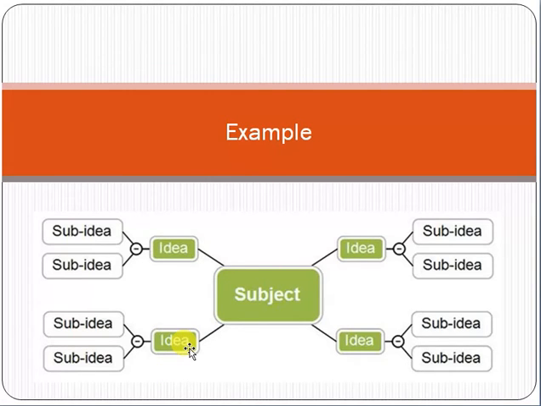So friend, this is how it works: first of all you have to identify the main idea. Then you have to divide the main idea into sub ideas, and from the sub ideas you have to further divide into sub ideas. So in that way it will grow like that.